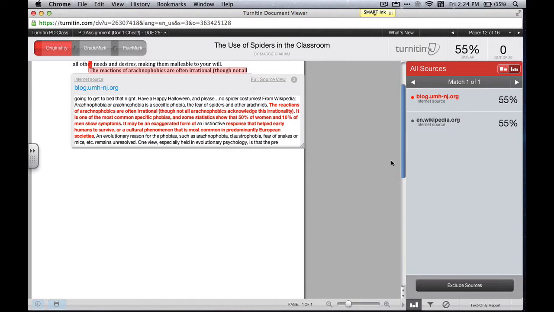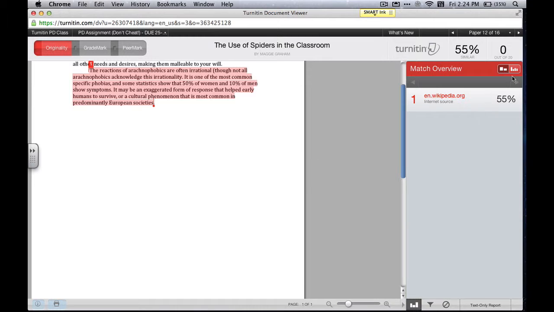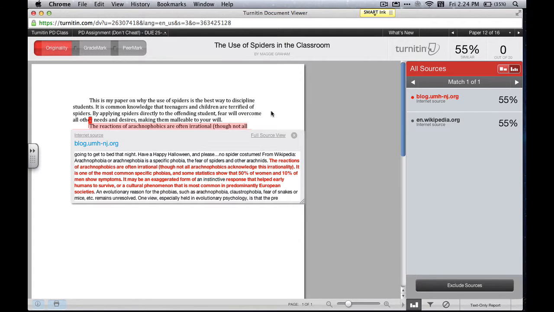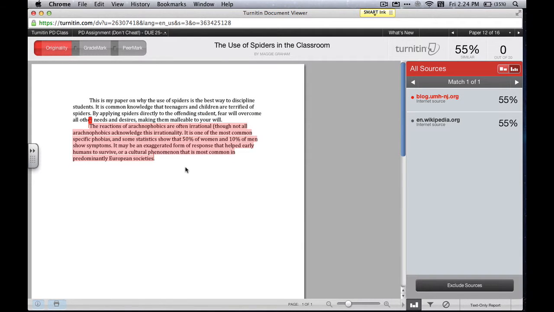But over here, I can also show all of the sources. Usually, I think this is just the match overview. This is every single source it's taken from. So it shows you all the different similarities.